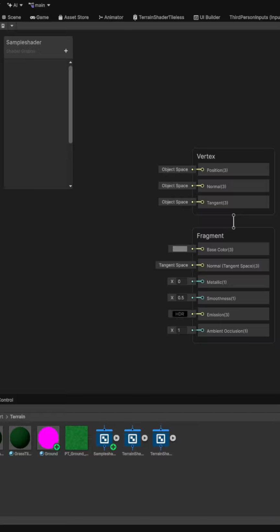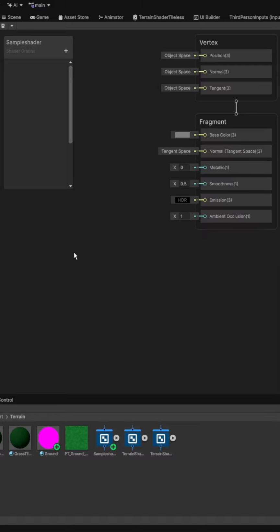In the previous video, we learned what all of the parts of the shader graph do. Now let's start building a shader. Okay, so to start, we don't want just a basic color, so we're gonna need to add a texture sample